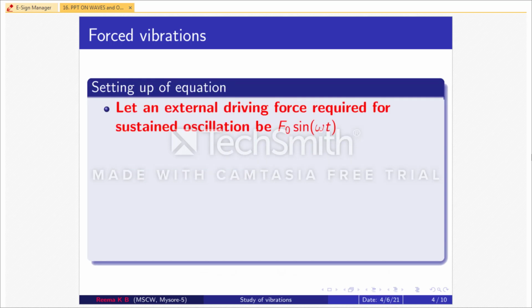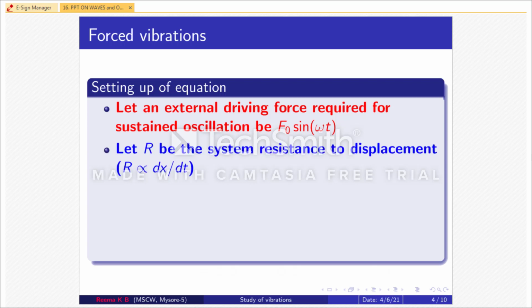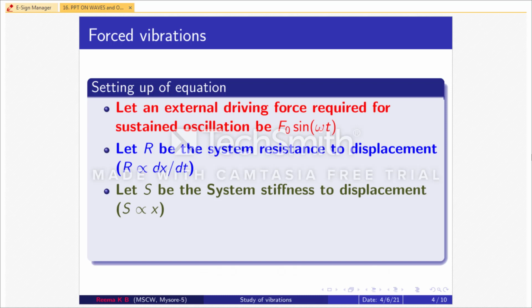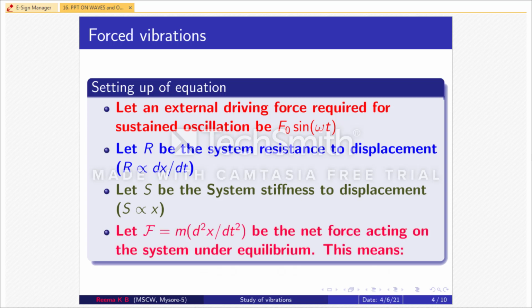Setting up of an equation. Let an external driving force required for sustained oscillation be F0 sin(ωt). Let R be the system resistance to displacement, that is R is directly proportional to dx/dt. Let S be the system stiffness to displacement, that is S is directly proportional to x. Let F = m d²x/dt² be the net force acting on the system under equilibrium. This means